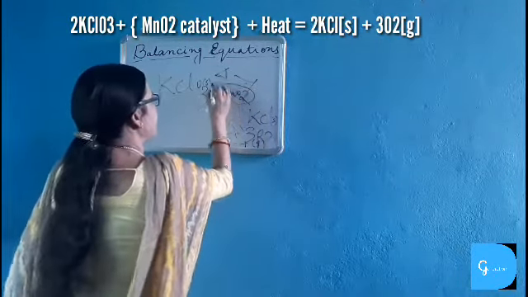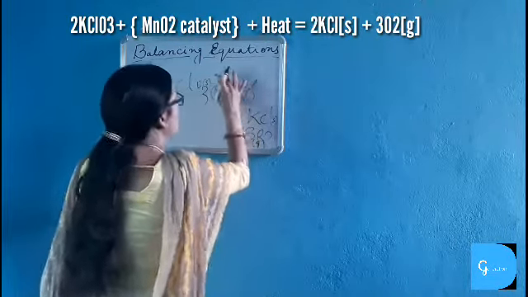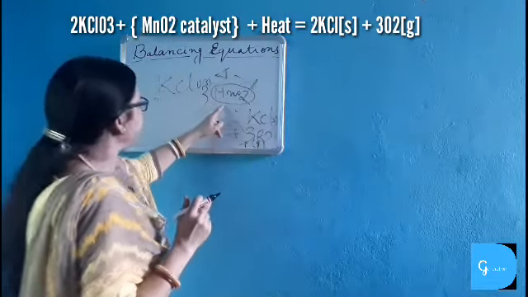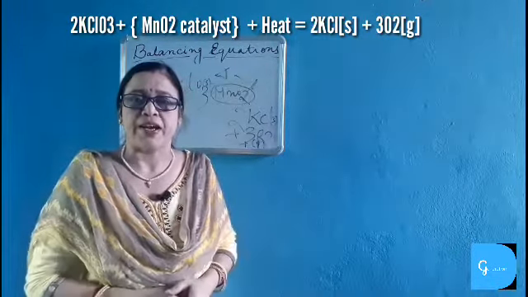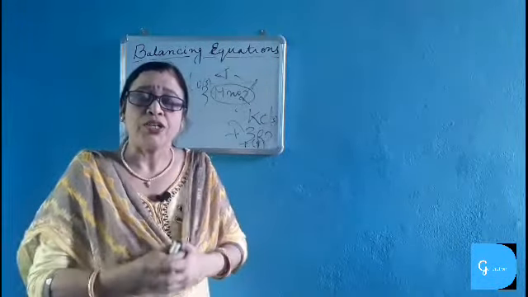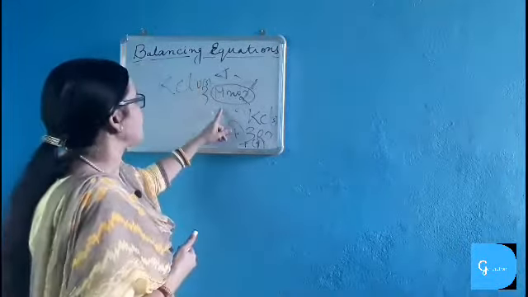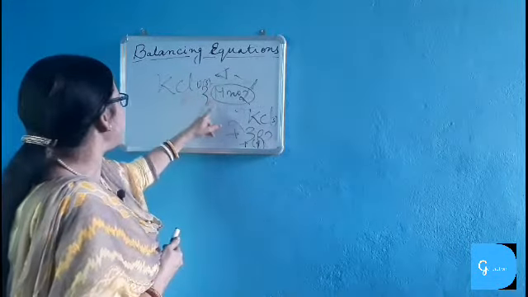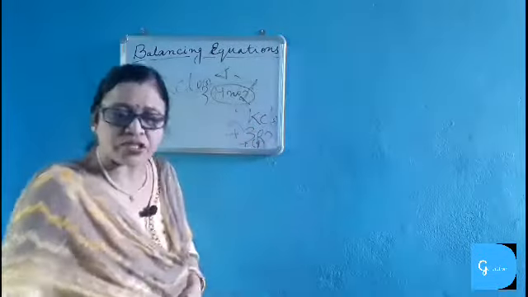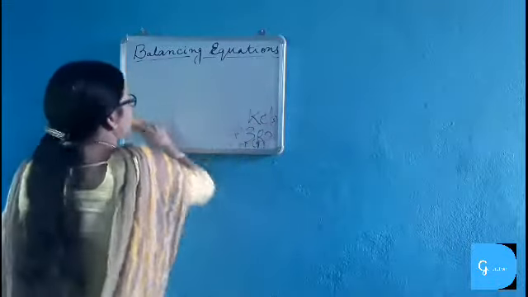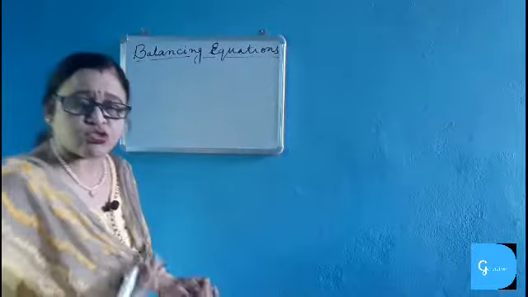So we write catalyst, temperature change, catalyst, atmospheric pressure, everything just above or below the arrow, and then we find that manganese dioxide is a catalyst. What is a catalyst? A catalyst is a chemical substance which alters the chemical reaction or fastens the chemical reactions without changing itself. It itself remains unchanged and takes part in the chemical reaction. So here manganese dioxide is taking part in the chemical reaction as a catalyst, and it breaks potassium chlorate to give potassium chloride and oxygen. This is also the laboratory preparation of oxygen. Now we are clear that the physical state has been stated, thermal change has been stated, and also the conditions that are needed are stated here.